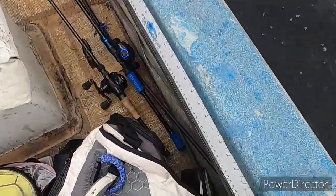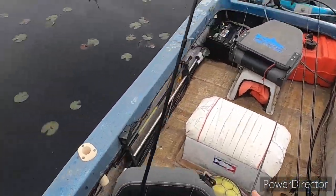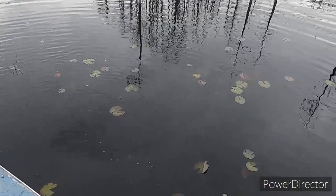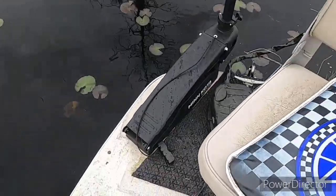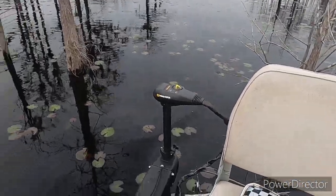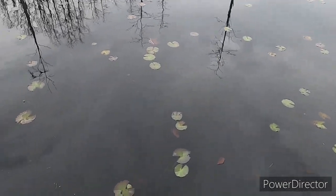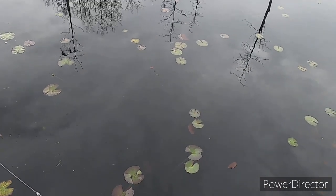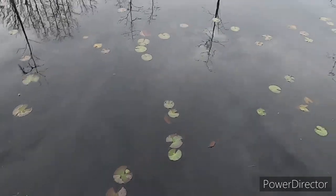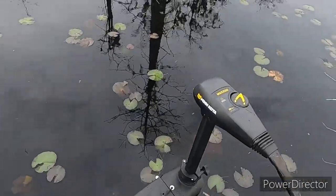Not bad. All right, I ain't gonna keep the camera on just because it's been slow. I've had a couple of decent bites, but it's probably been a good 25 minutes since I turned the camera off. It slowed down a lot, but I was actually on my way. The main boat run is right through there, so I was actually on my way to the main boat run,